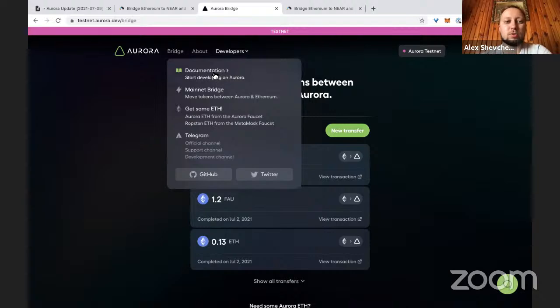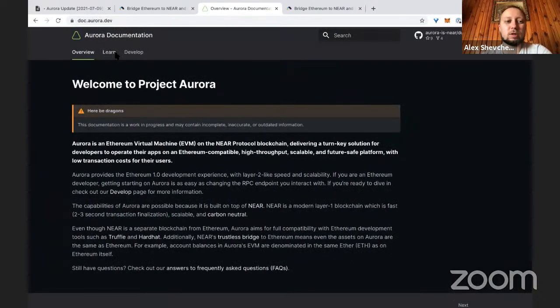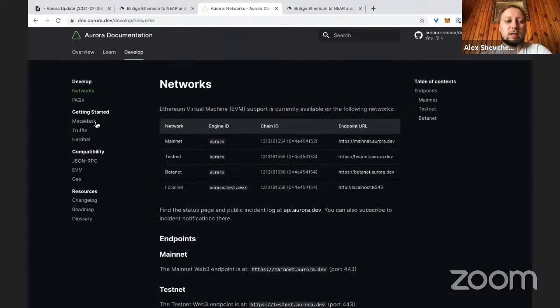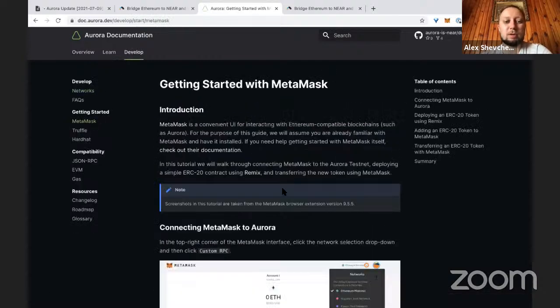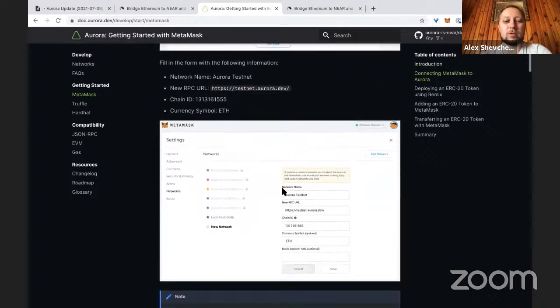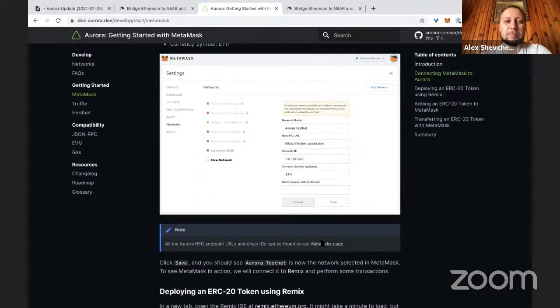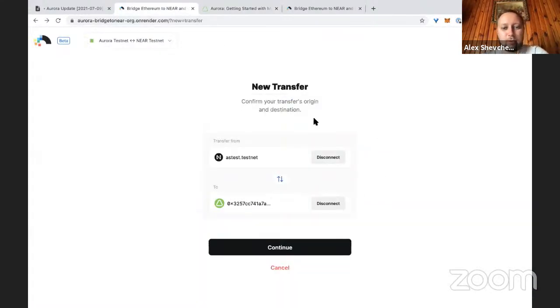Alternatively, you can go to the documentation, go to the develop section, and then get started with MetaMask, and you will be able to see the full tutorial on how to set up the Aurora testnet network and work with it. Okay, going back here,